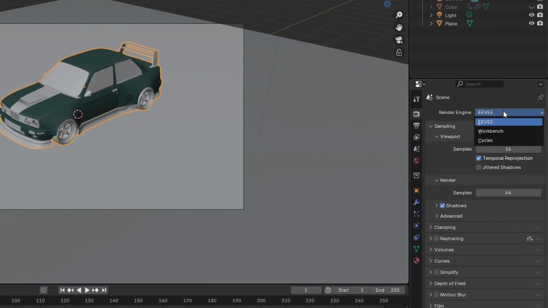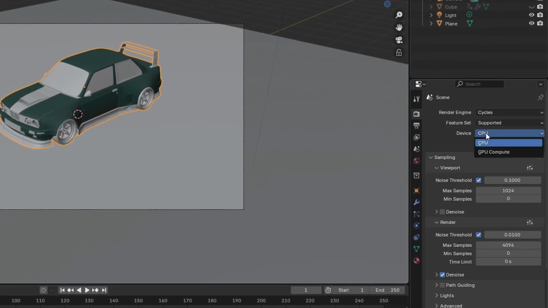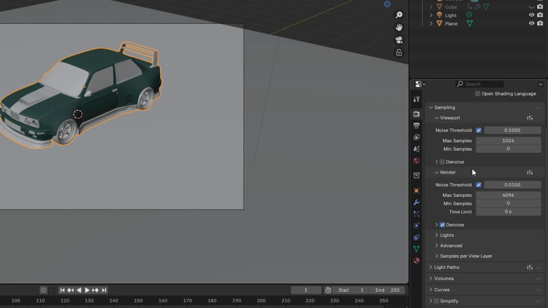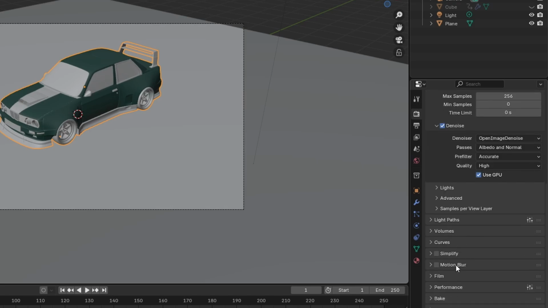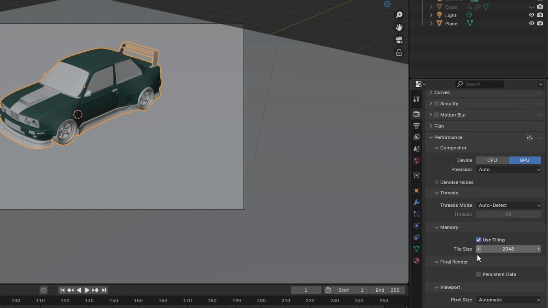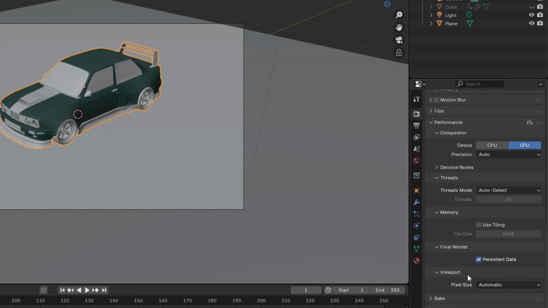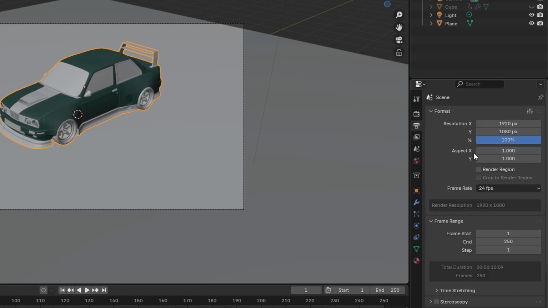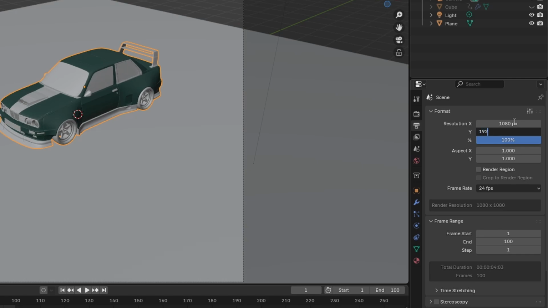and the render engine will be Cycles. So these are the settings we can do for rendering. Select Cycles, GPU. We don't need this many max samples, so we can reduce it to 256 and just enable GPU for all the denoise and performance everywhere. And persistent data we can enable, so while rendering, it will keep that data. And our animation is 100 frames, so update it to 100 frames. And if you want 4K, we can update the resolution X to 4K. For now I'm just doing full HD, so it will be 1080 by 1920,